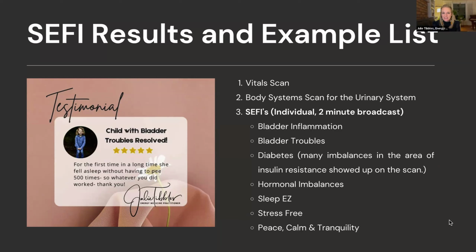I did the vital scan. I did the body system scan for the urinary system. And this is the Cephi list that I did. I only sent the Cephi list one time. I did it on individual and sent it for 2 minutes each. So a 2-minute broadcast means it's sending each of those frequencies for 2 minutes to this little girl